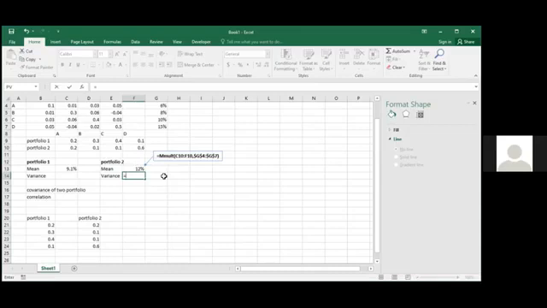You can write somewhere, between the different ranges, what are the values here? Variance value, MMULT within bracket, array 1. Array 1 means here